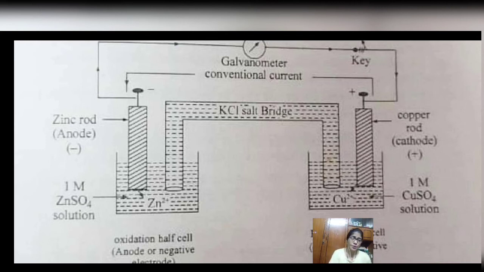Then we could have plugged it with a cork or something solid like that. Then what would have been the case? Then the ions would not come within this solution. So it is plugged with a semi-permeable material like cotton or glass wool so that the ions can penetrate this plugging, but the liquids cannot move up, to avoid the mixing of these two liquids. Now this is the principle of the salt bridge.